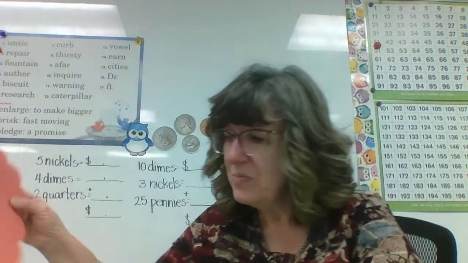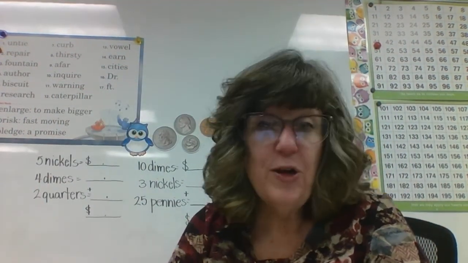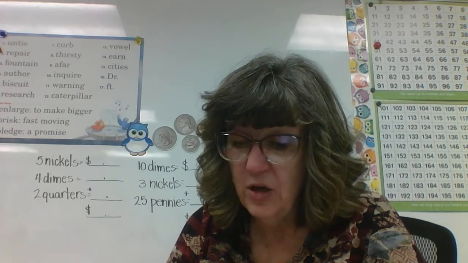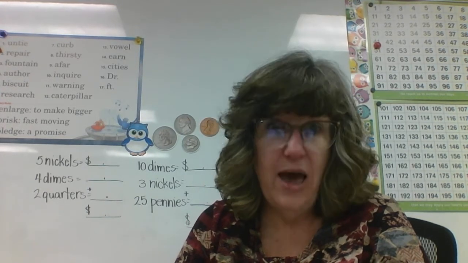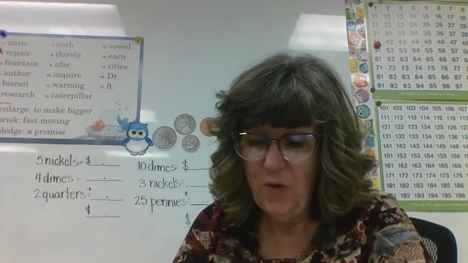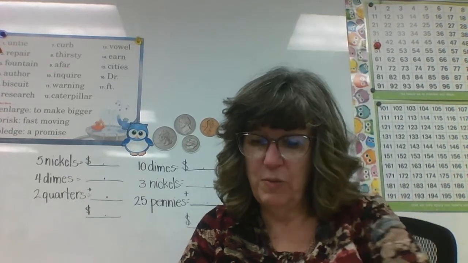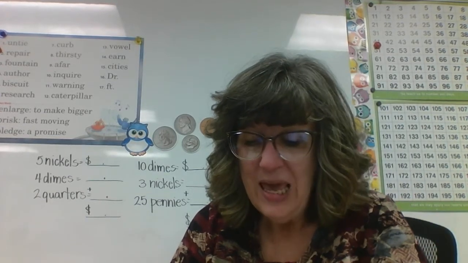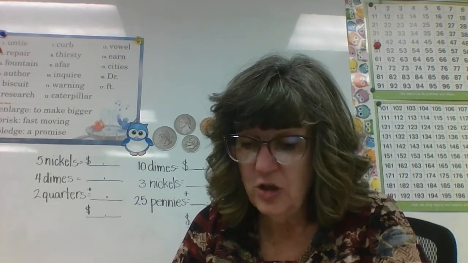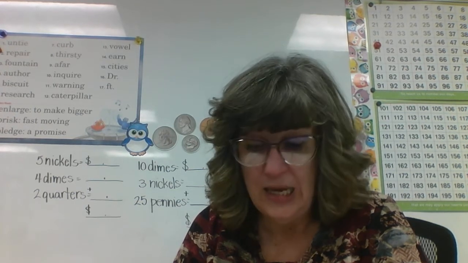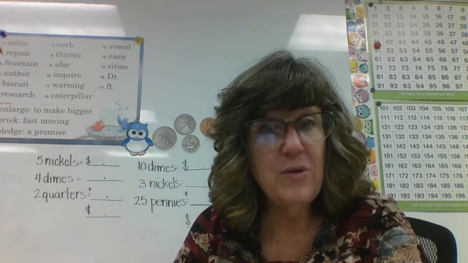Here we go. It says, use proofreader's marks to correct the sentences. You should find 7 mistakes. Okay, they gave you a clue. 7. Here we go. Read the first one with me. Let's see. Roman, would you read that first sentence with me, please? Okay, are you ready? Here we go. Even though there is a jungle on the island of New Guinea, there are high mountains too.